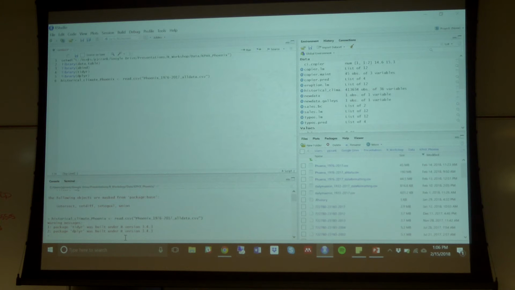So when you set your projects, wherever you tend to use that data and pull it from, set your R project to be from that same area as well. That way you're not having to switch back and forth a whole lot. So yeah, historical climate Phoenix data, I can put the header on. Header equals,